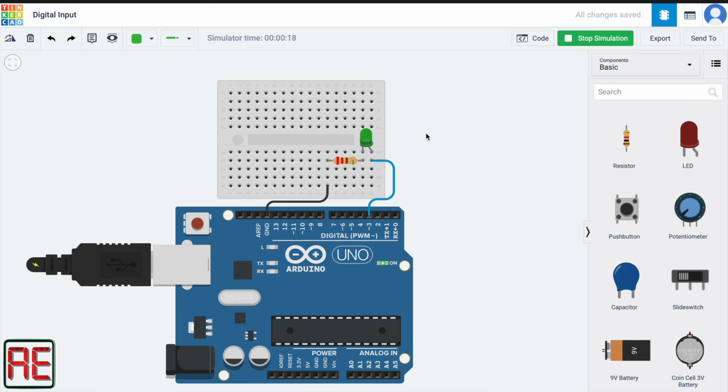And that is it, folks. The main idea of the video was simply to show how we program the PWM by using the analog write function. In the next video, I'm going to show you how to use the analog input by using a potentiometer to control the LED brightness. This kind of circuit is also called dimmer.